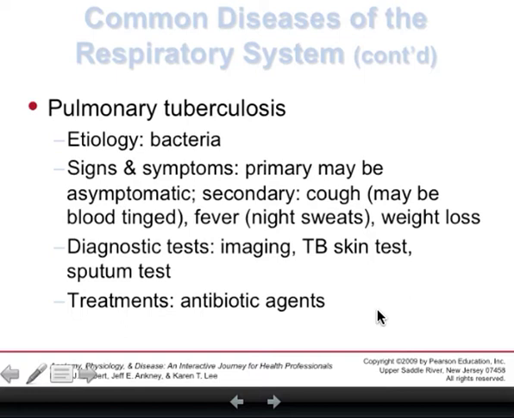Okay, we're going to touch on a few diseases here. We'll talk about